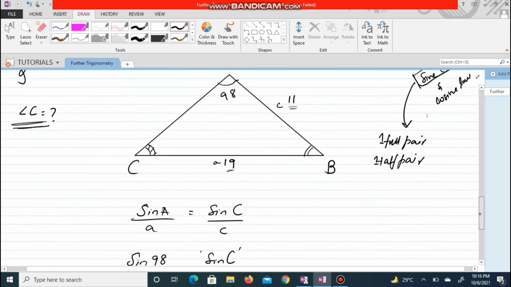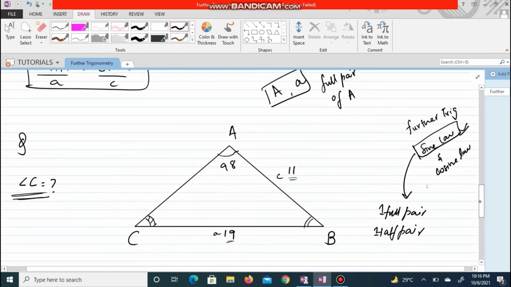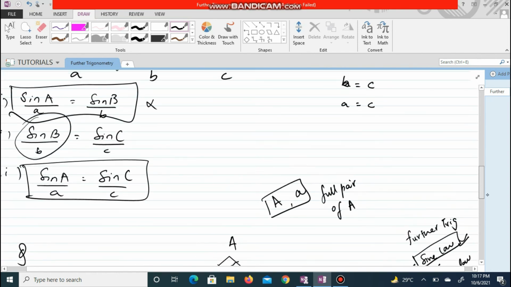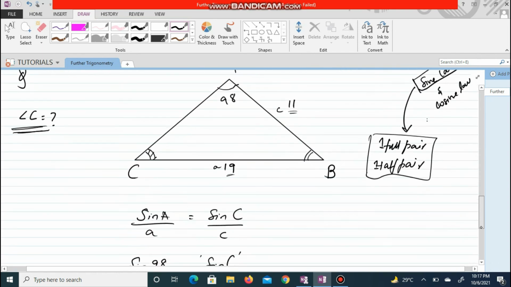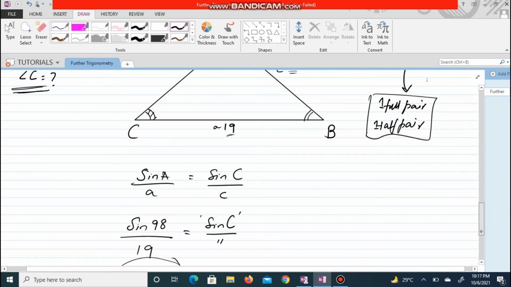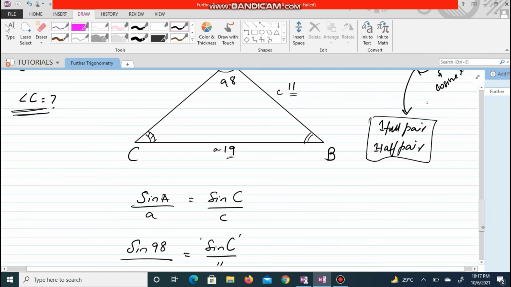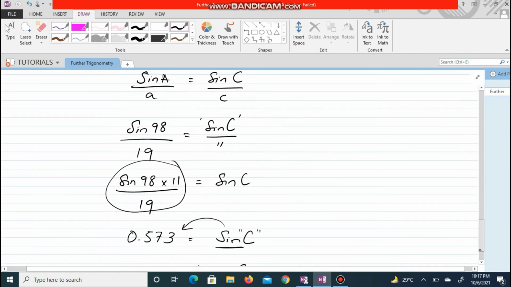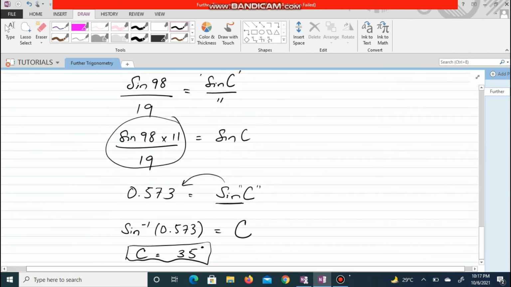Just a quick wrap up of what we can do. Sine law is basically applied when you have a full pair and a half. That's the requirement for sine law. Whenever you see this much amount of data given, you'll put in sine law. Then out of the three, you'll select your most favorable formula for the question. Like I did the ratio for sine A by A and sine C by C, and ultimately you'll find out what they are inquiring, make that the subject of the equation, and then you have your answer.